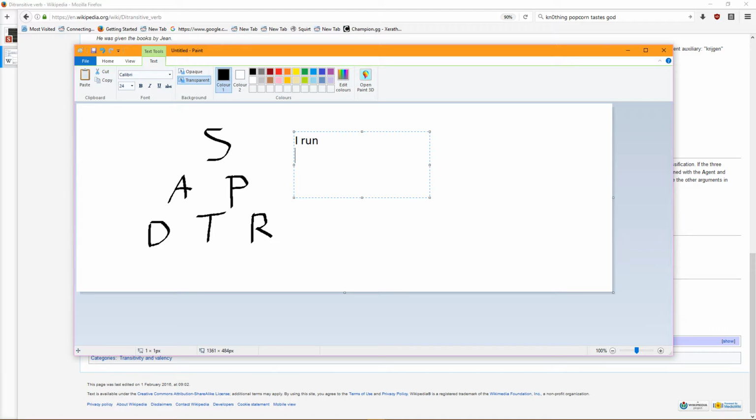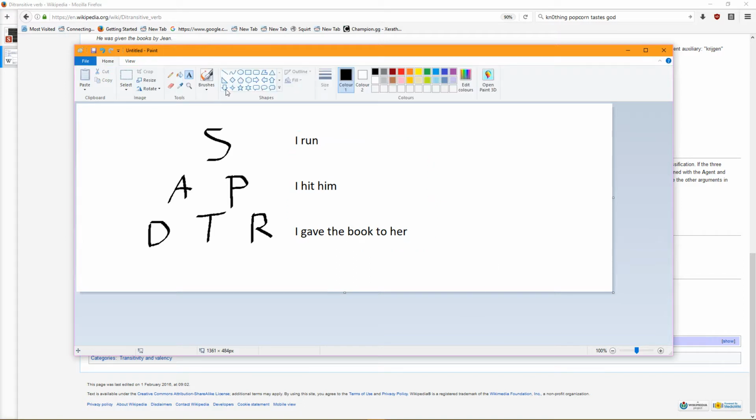I hit him, and I gave the book to her. Okay, so if we're going to analyze these in English, here this I is in the nominative in all three cases. It is the most subject-like thing, which means that it behaves like these.